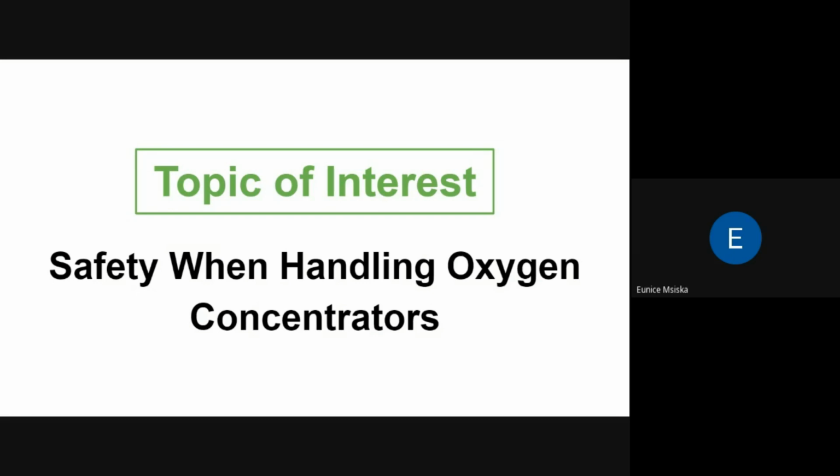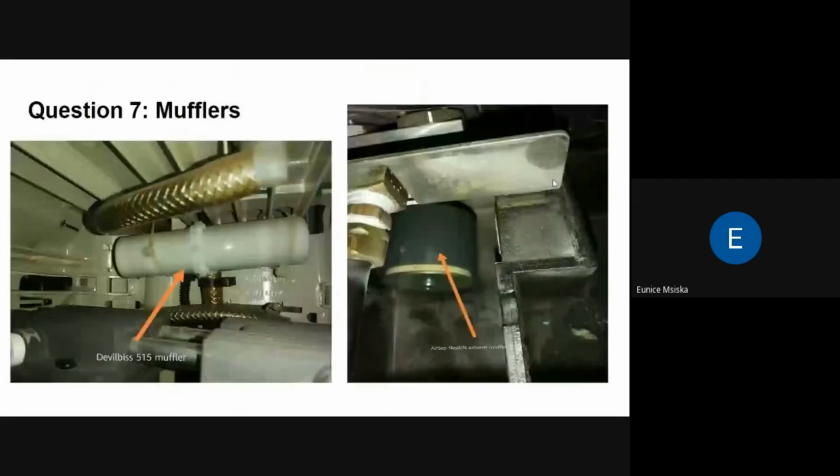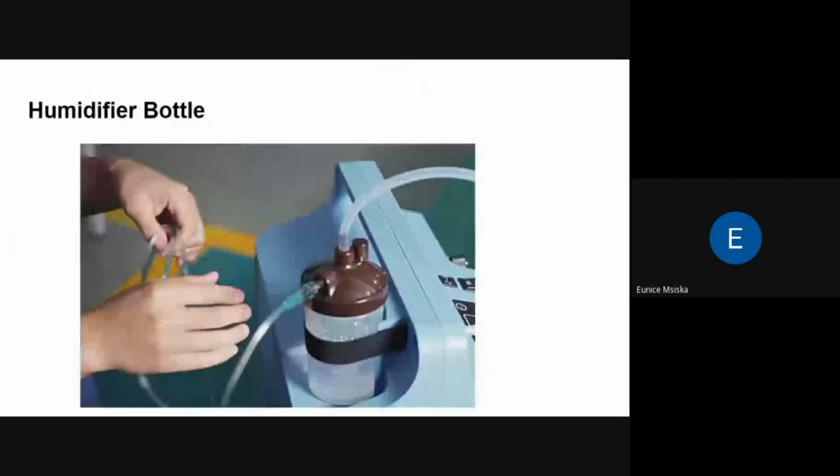So another thing that we need to consider: peripheral devices used. All oxygen concentrators will have a humidifier bottle. This bottle is attached to a concentrator to moisten the air. The oxygen passes through water before coming out of the concentrator and being breathed in via a mask or a nasal cannula. Fill the humidifier bottle with distilled water to the maximum fill and do not overfill.